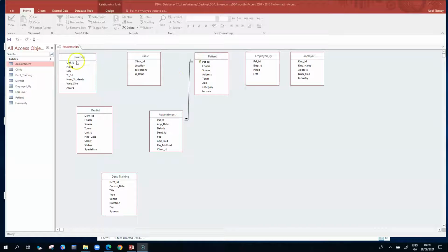So if we now just want to look at these 3 or 4 relationships between clinic, dentist, and appointment, we need to make similar changes to the various tables. So what we're going to do is, in the various tables, we're going to go in and go to Design View,